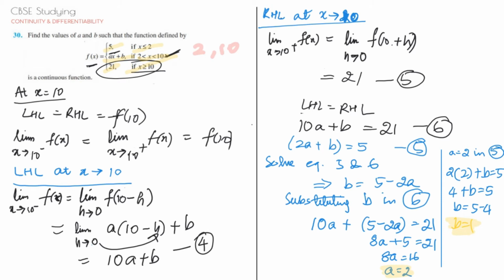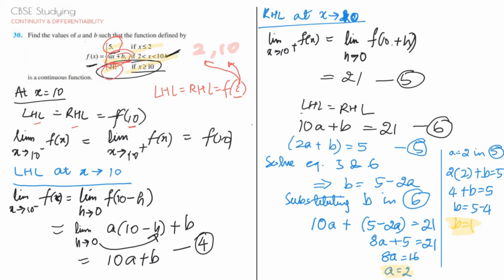So first what did we do? We understood the value. Okay, before that, if the function is continuous, what is the condition that you need to entertain? You know that LHL is equal to RHL is equal to f of c. What is your c going to be in the first case? It's going to be 2. In the second case, it's going to be 10. So in the first case, x equals 2, LHL is equal to RHL is equal to f of 2. For 2 minus and 2 plus, evaluate. For 2 minus, one number is given over here, and for 2 plus, this is given. In the case of 10, it's the other way around. For 10 minus, ax plus b, and for 10 plus, 21.